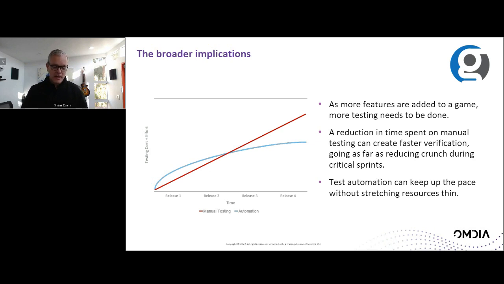And so test automation is one of those things that might not seem apparent for helping to resolve crunch, but it does help to reduce the amount of pressure put on developers, as you often have features going into the testing pipeline. You want to get feedback on those features back to the developer as soon as possible.